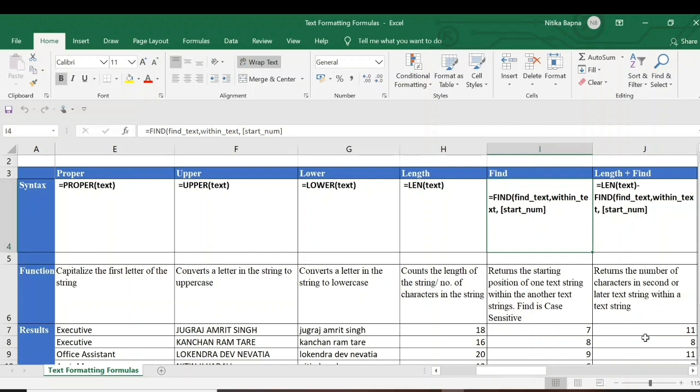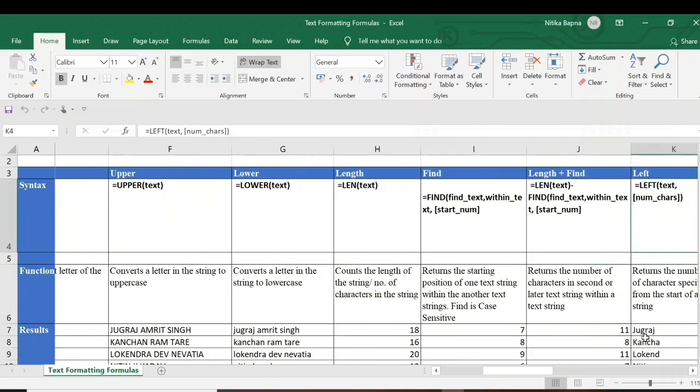So you have to specify that, then it will give you the number. So the first space is hit at 7. Jugraj is 6 letters, and we are taking one more, the space also. Then it is returning 7.